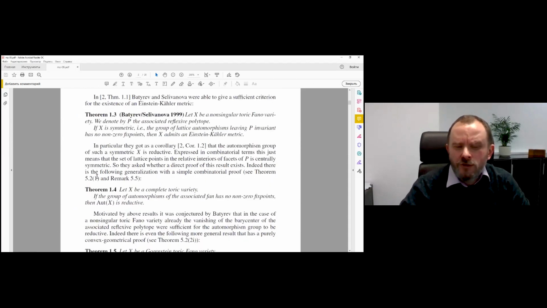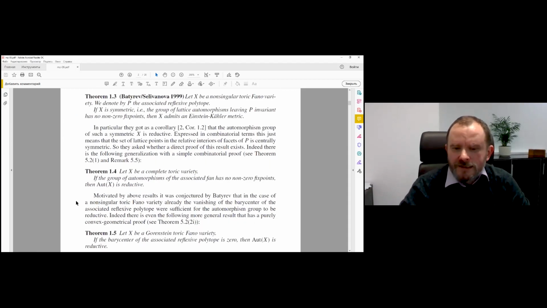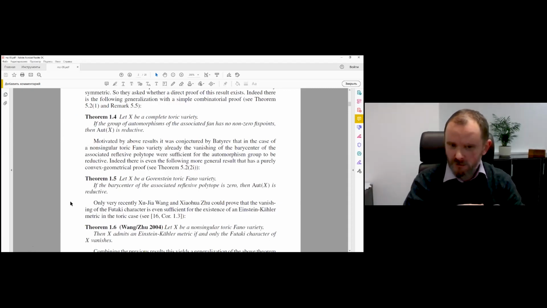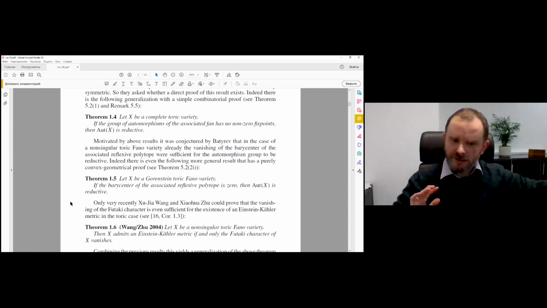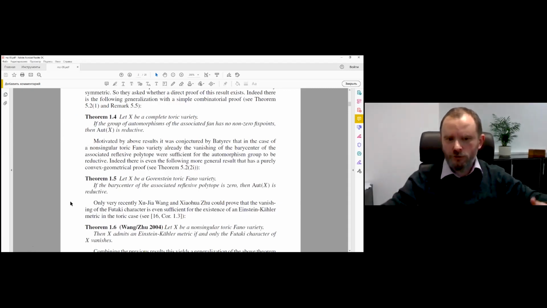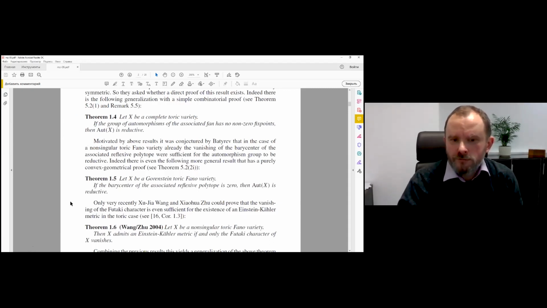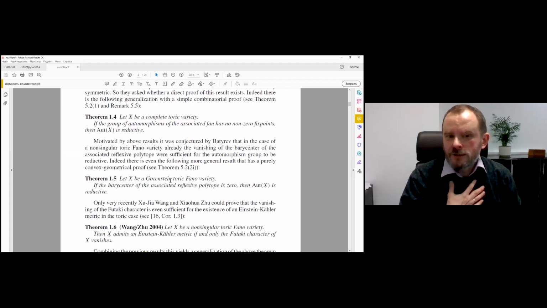Here again, some known results. And now we come to theorem 1.4. This is his own result. This is a result in this paper. But he somehow naturally included it into the story. He said, okay, this was known, this is natural to conjecture, to ask about this. So we do this. This is what is done in this paper. So he includes his own result naturally into the text. At least this is very interesting to read.